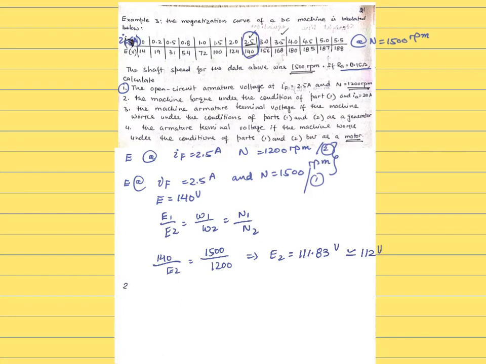Second part of this question we have is the machine torque under the condition of part 1. And we are also given IA as 20 amperes. So we have to calculate T, which is given by K phi IA. So K phi we can calculate from part 1 because it says we're calculating torque for the conditions of part 1. So K phi is E over omega, which is E,